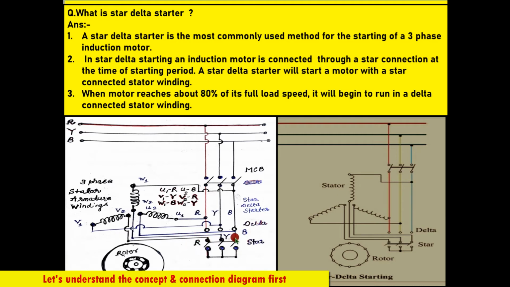और इसी तरीके से in the same way, W1 and W2 will be connected. So W1 अगर B से कनेक्ट है, ये देखिए W1 ये B से कनेक्टेड है, तो W2 जो होगा वो Y से कनेक्ट होगा. This is the Y connection. ऐसा इसलिए किया जाता है गाइस कि शॉर्ट सर्किट और किसी भी एबनॉर्मल फंक्शन से बचने के लिए, या फॉल्ट से बचने के लिए ऐसा किया जाता है जनरली.